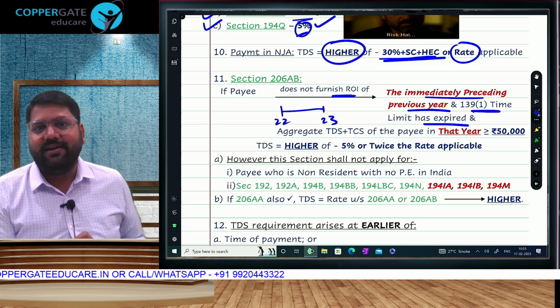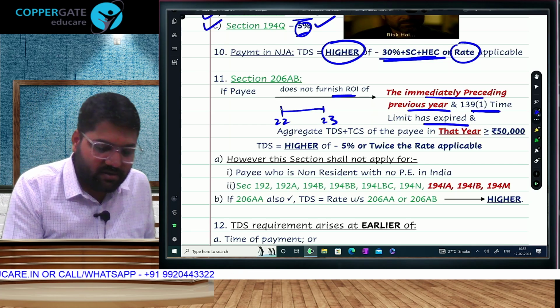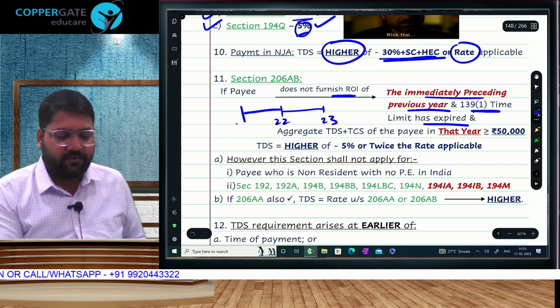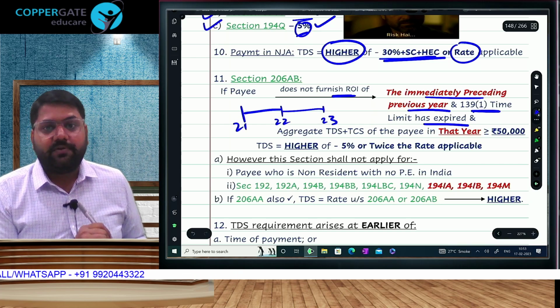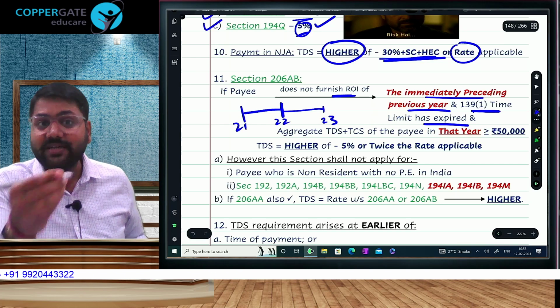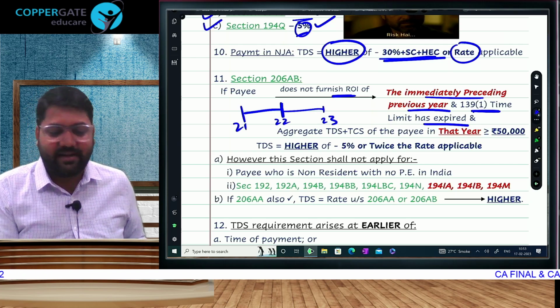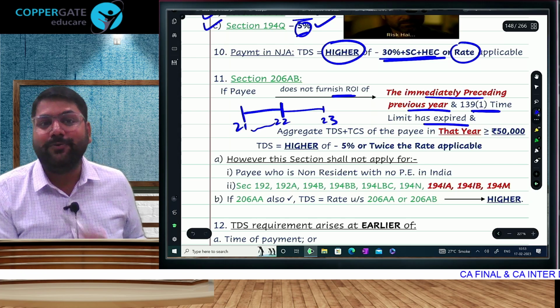In 22-23, when anybody is deducting TDS, we can't check this year's return because this year is going on. Chalo, let's go to 21-22. A problem is that 21-22 is over on 1st April. On 1st April, if you are making payment to anyone, your payee cannot be treated as non-filer for this year because its due date is not yet over.